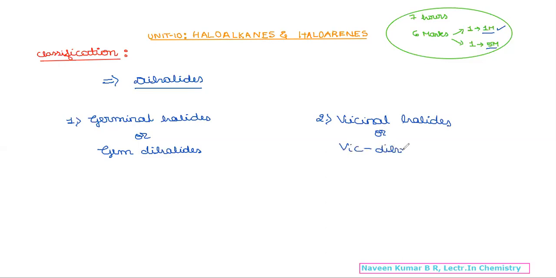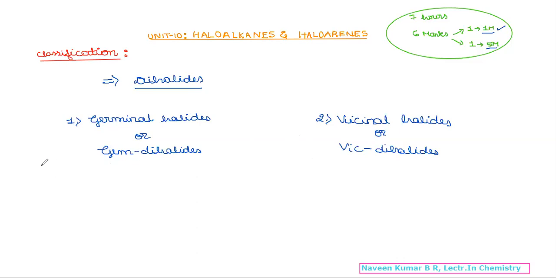The same classification is applicable for the other functional group compounds also. The same we are learning in alcohols again: gem dialcohols, vic dialcohols. So there also the concept is required to remember. Hence recall this. With a proper understanding of this classification, again a very important one. Based on this, the common naming system as well as the IUPAC naming system of these dihalides will be expected as a competitive exam question also. Hence try to focus on it very clearly. Germinal or gem, vicinal or vic, both are dihalogen compounds.